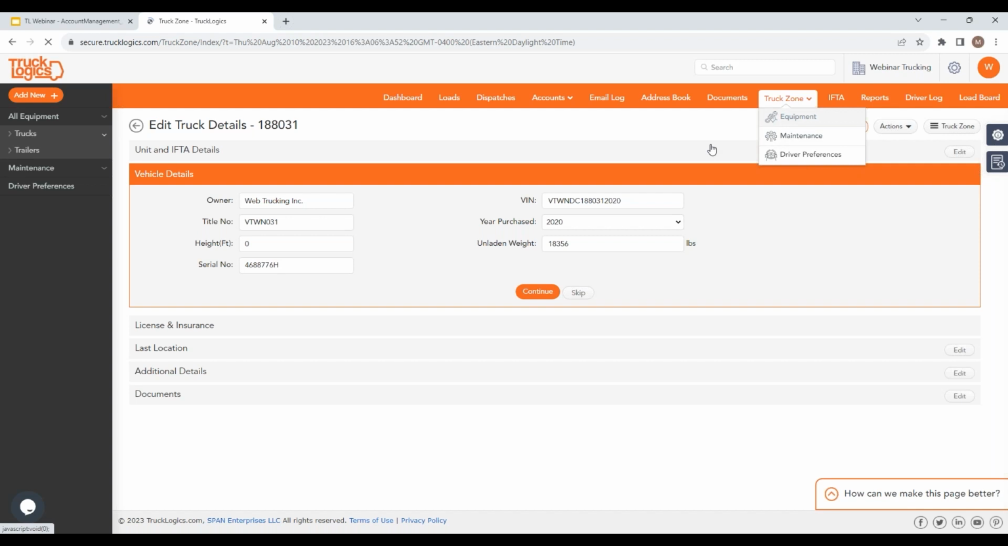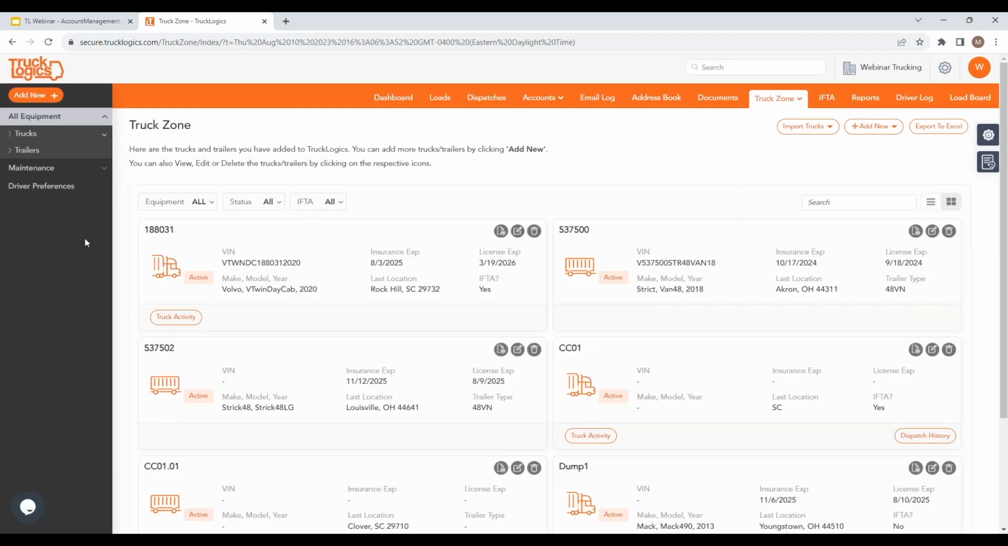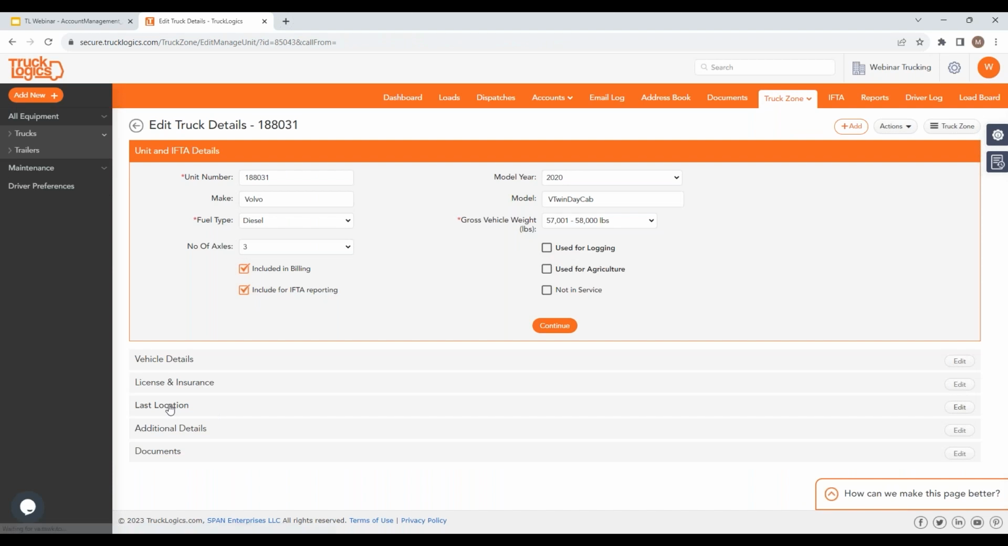So we're going to go back to the equipment tab, and we're going to show you how then to find the location of your trucks. Now, there's multiple ways to do that in your TruckLogics account. The simplest and easiest is to come to this screen and simply edit. But you can find the last location by simply going down here to the last location tab and click the